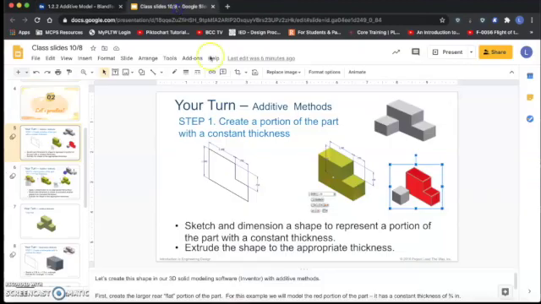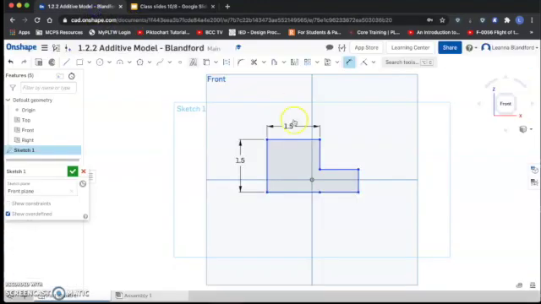Now the next measurement that we have is a 0.75 here and a 0.75 here to make that perfect cube. So I am going to select this line, and it's 0.84 right now, so I'm going to type 0.75. So now that I've dimensioned this, I'm going to hit the green